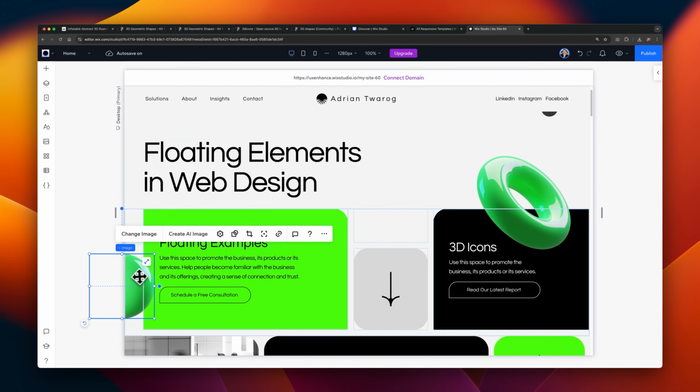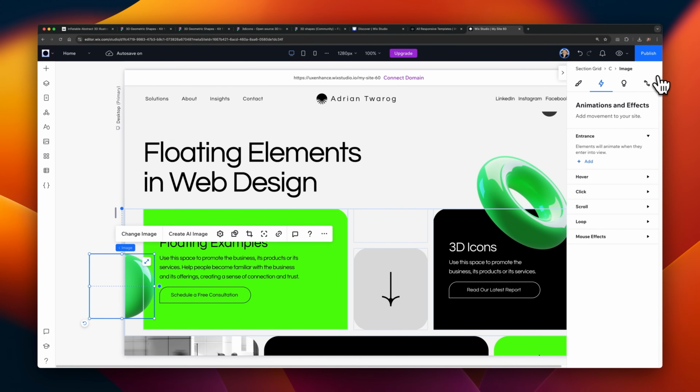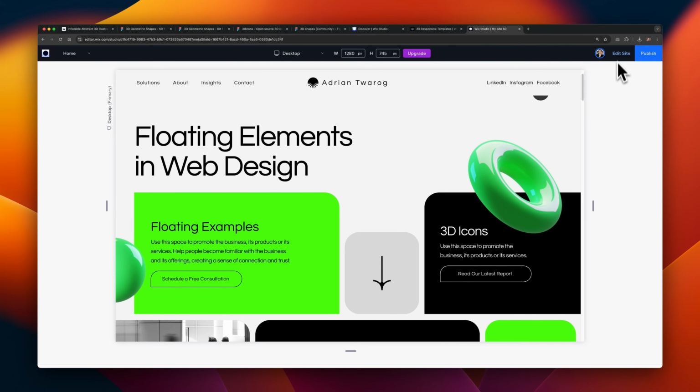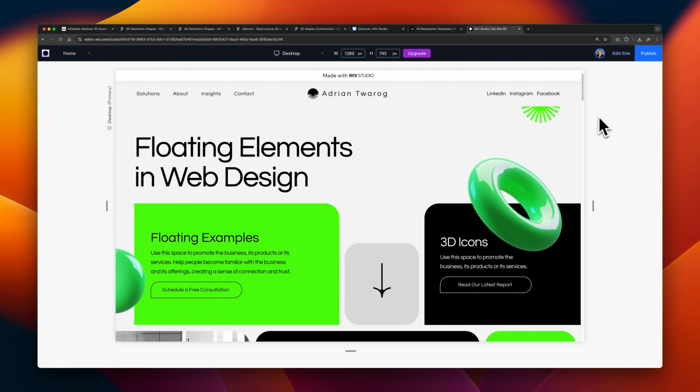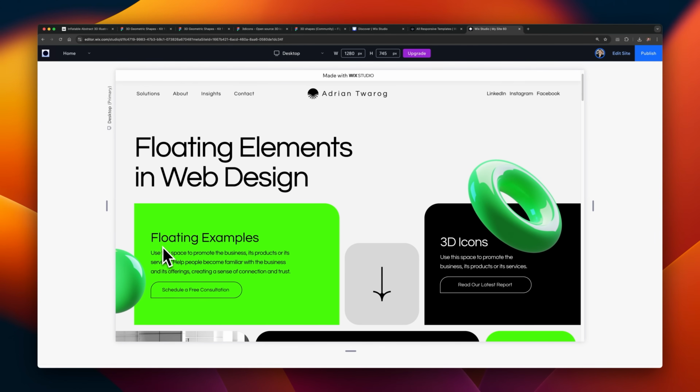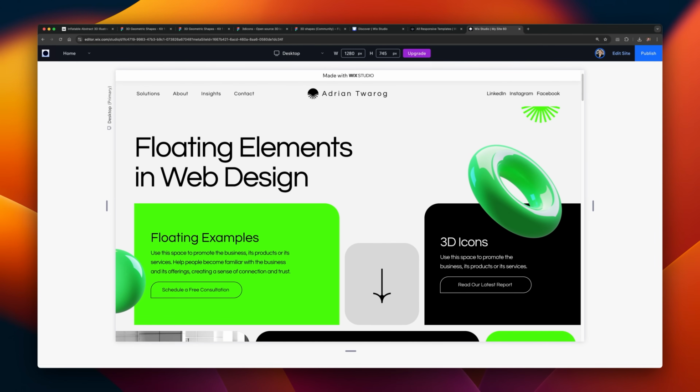For the sphere, I'm going to do something similar. I'll head to animations, select loop, and for this one, maybe I'll do pulse. The result is this animated page now with a couple of floating elements that are adding a little bit more life to this page. You can always expand on such designs, adding in movement when you scroll,